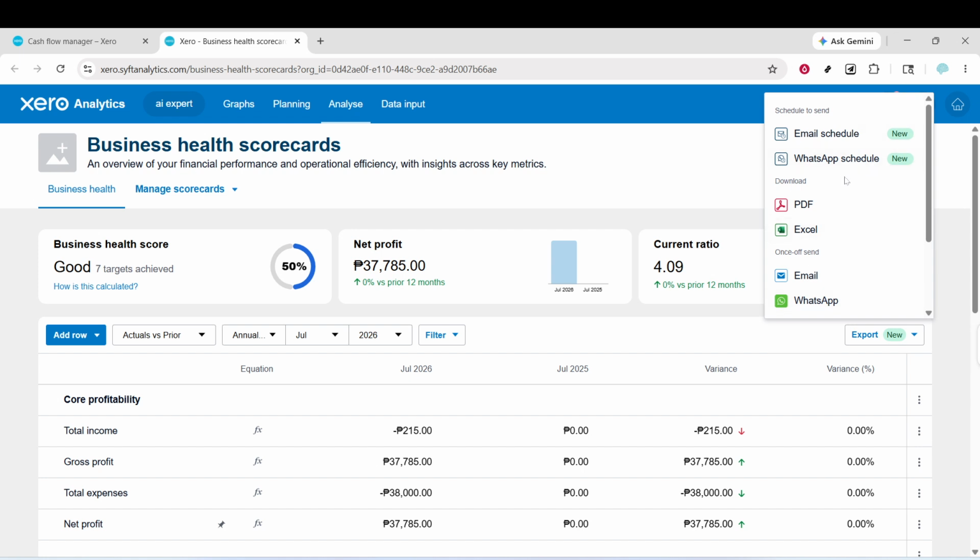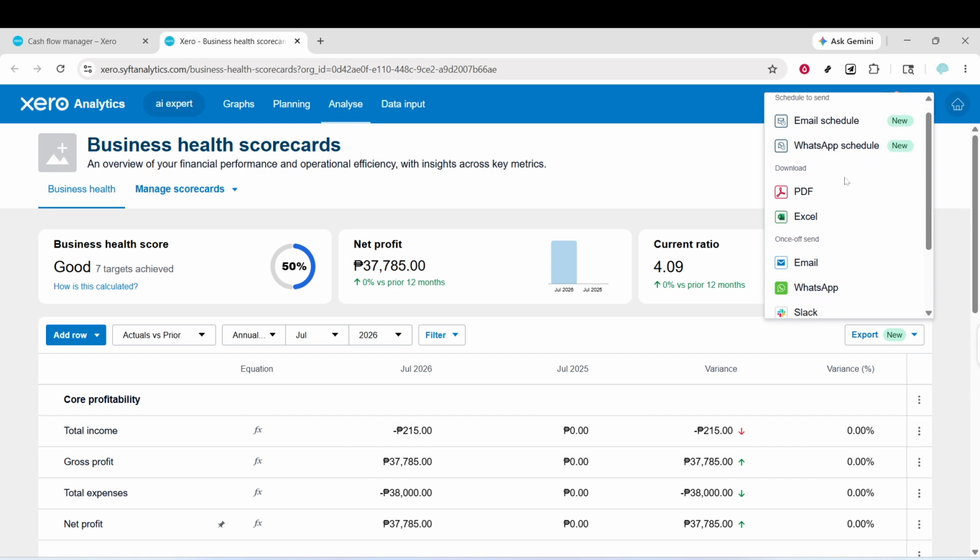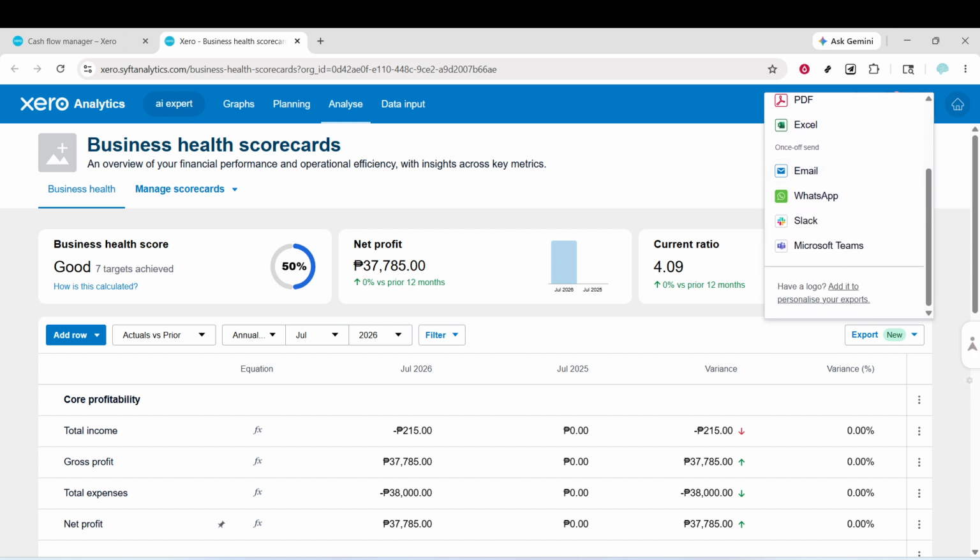Finally, click Export to download the scorecard report. Save it for your files or share it with your team so everyone stays